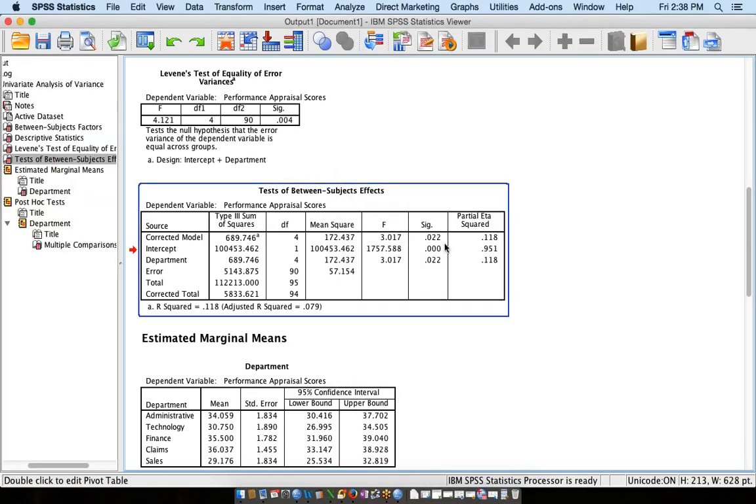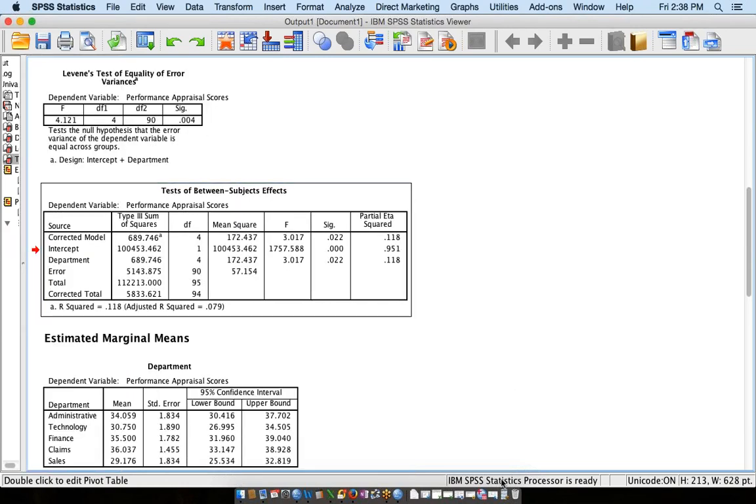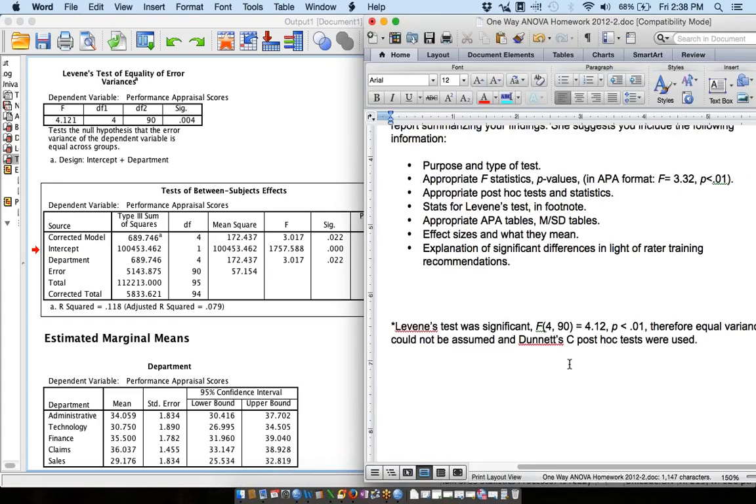So the next thing we're going to report is our ANOVA table, our between groups table. Pull back up my thing. So we can see that we're just going to read this department line, and we do have a significant p-value. So I'm going to write this as there was a significant difference between departments on PA scores,